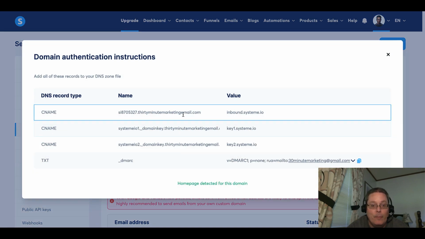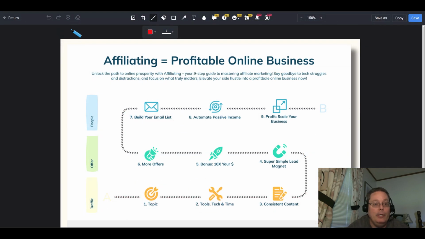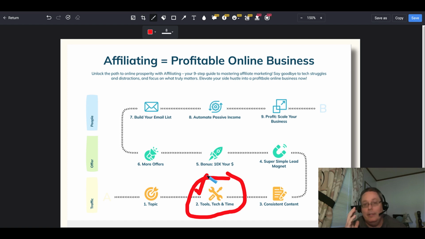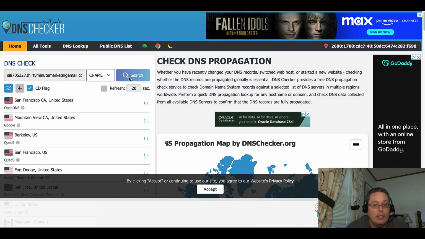Plus, this gave me the information with my domain name when I technically just needed the host name. Again, this is when you're dealing with DNS. This is the time it takes. This is understanding that when you are putting all this together and you're utilizing free tools or a paid tool, you understand you're down here, you're doing tools, tech, and time, and for me and for everyone, we have to go through and we have to understand the tools, the technology, and the time that's going to be required to run all these checks. And now we're going to go back and we're going to click search on this to